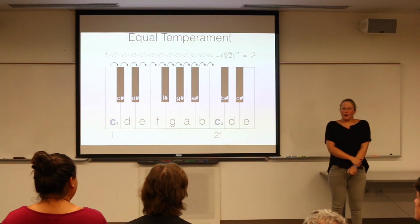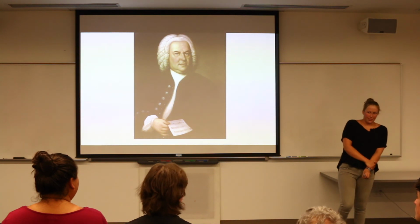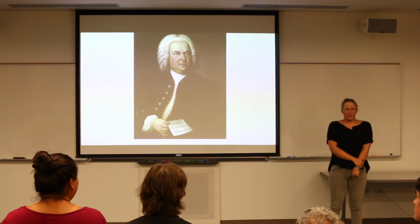And no one was more excited by this prospect than Johann Sebastian Bach, who went ahead right when this was discovered and implemented and wrote the Well-Tempered Clavier, a set of compositions